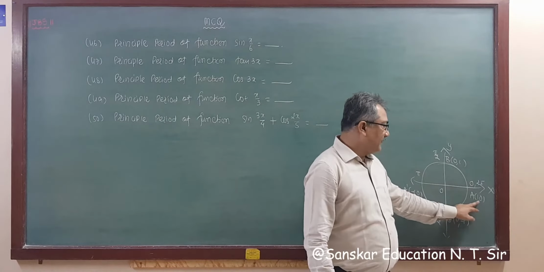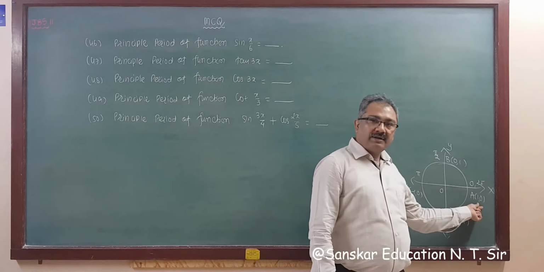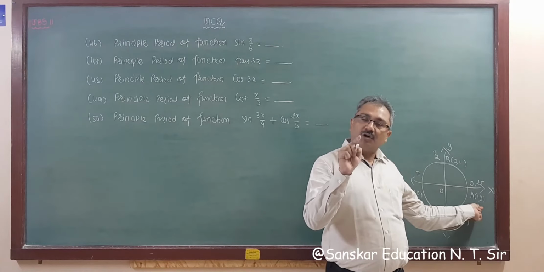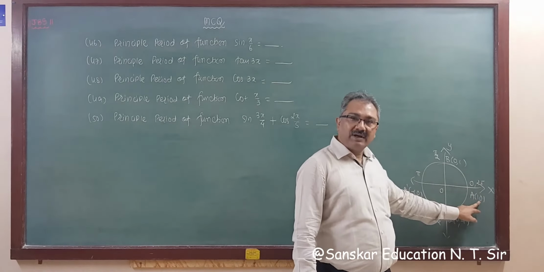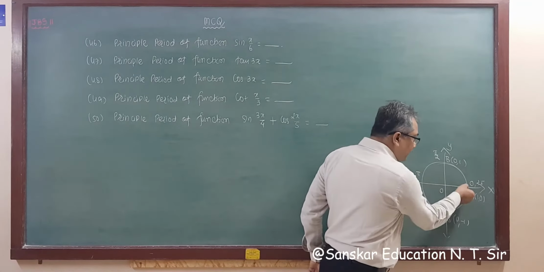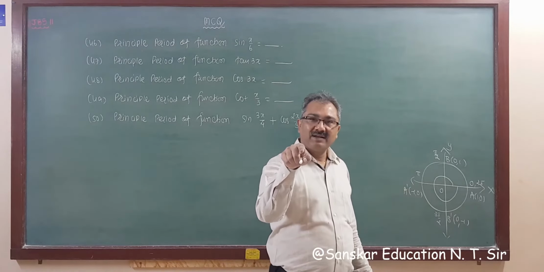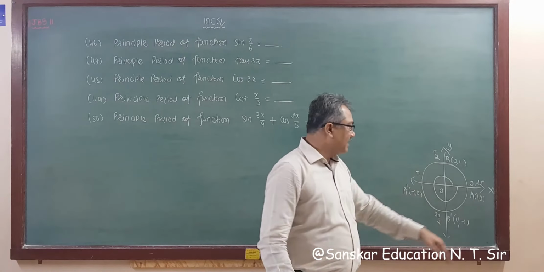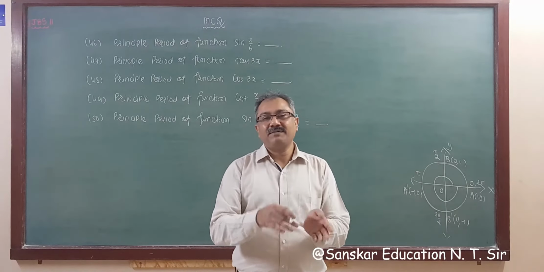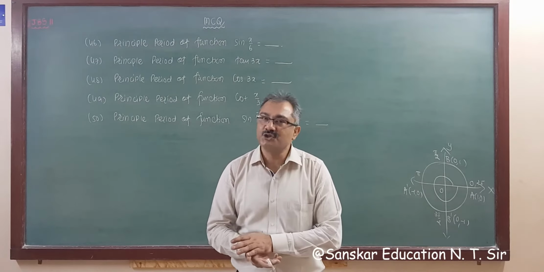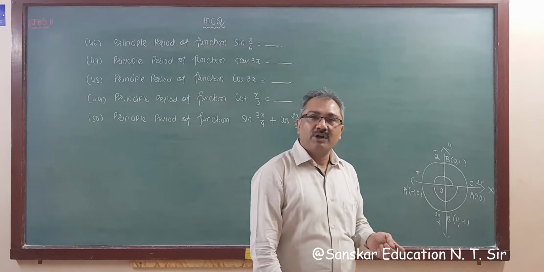So this is the cos function, this is the sine function, that you know, right? On this trigonometric point, the x coordinate always represents the cos function and the y coordinate always represents the sine function. So cos 0 is 1 and sine 0 is 0. After completing one complete rotation, we get the repeated value, that is after 2 pi, right? So after 2 pi we get the same value. So the principal period of cos and sine is 2 pi. Same for secant and cosec, and tan and cot have a principal period pi, that you have to remember, right?